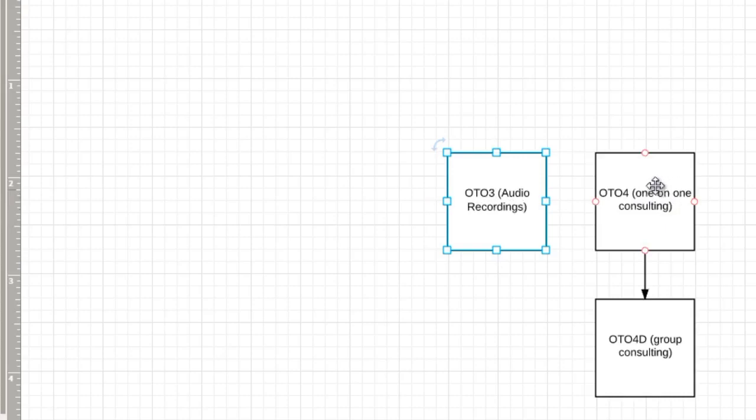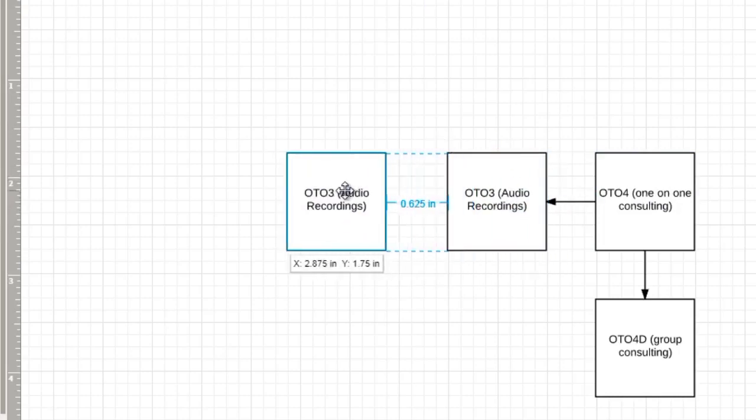We could have something else, it doesn't have to be that. So it could be audio recordings. That way, if somebody buys the audio recordings, they're thinking, okay, this is all I can afford, I'm going to stop here. But then you've got your premium buyers who say, okay, you know what, I want to get one-on-one consulting. And then you might have people who say, oh, I can't afford that. And then they're offered this and they're thinking, well, I can't afford one-on-one consulting, and I can't afford group consulting, right? So we've got audio recordings, and then maybe over here we have